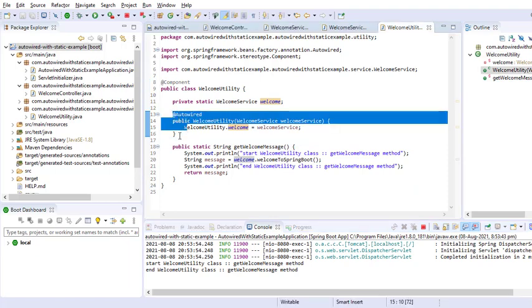Now the second way to resolve this problem is by using the @PostConstruct method. By using the @PostConstruct method, the main idea is to hand over the bean to a static field after the bean is configured by the Spring container. Let's see how we can achieve this.